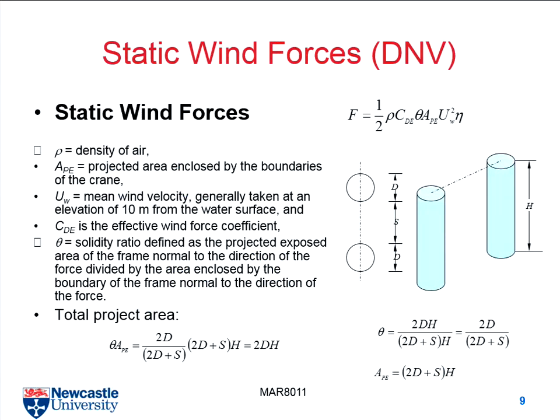This one is applied by API, but by the estimation from DNV, we have another one. The form is quite similar, but when we use the calculation, we have another constant according to DNV's criteria. We call this shielding coefficients,